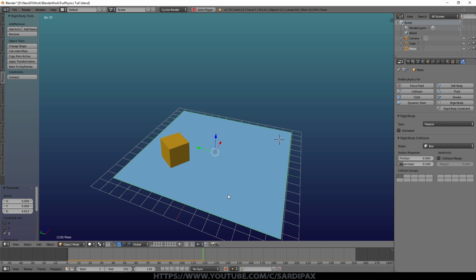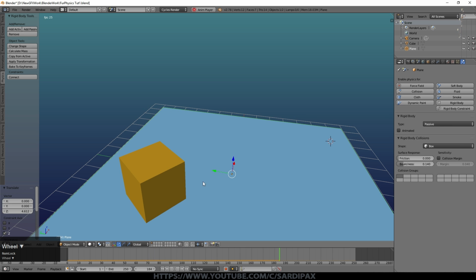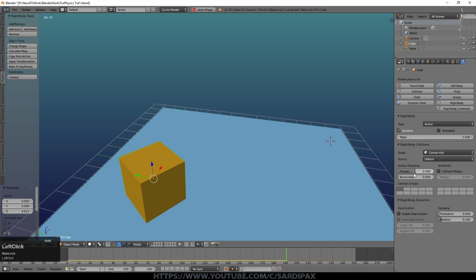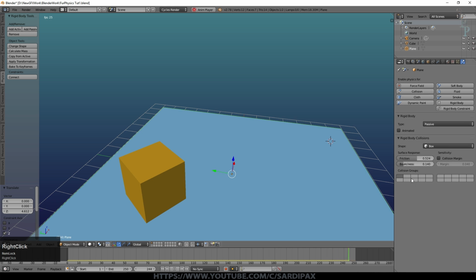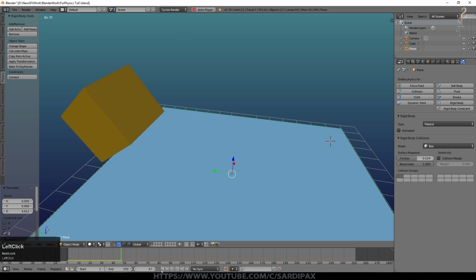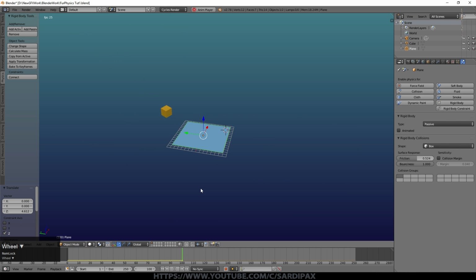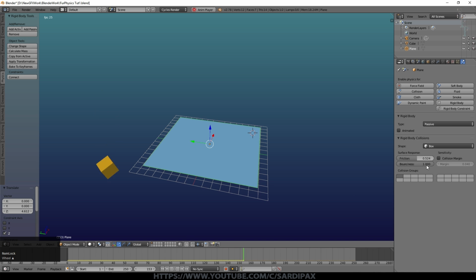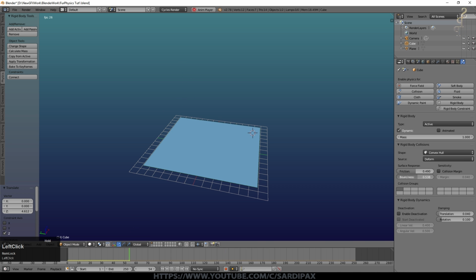And what you will tend to find is that it's okay in this case because we've got such a simple shape, but they will often just keep slipping forever because there is no friction calculation at all. So we'll put that up to mid, and we'll put bounciness on both of them up to high. And now you can see it bounces all over the place. So I'll turn that down to mid for the plane, not quite as bad, but still bounces off the edge. And we'll turn it down a bit for the cube.